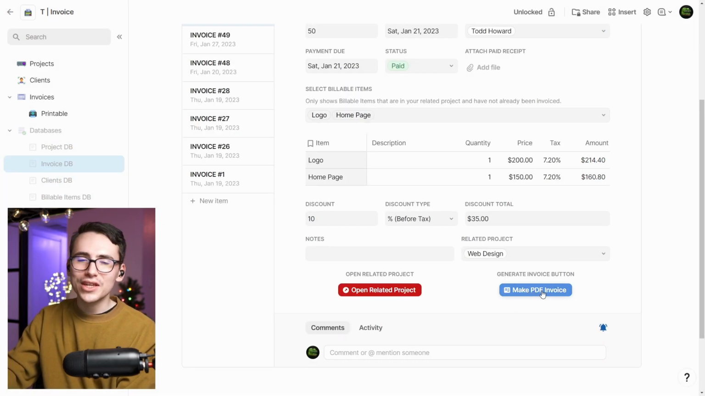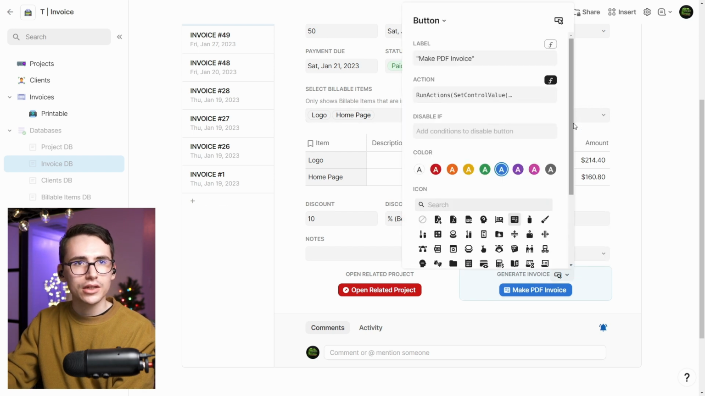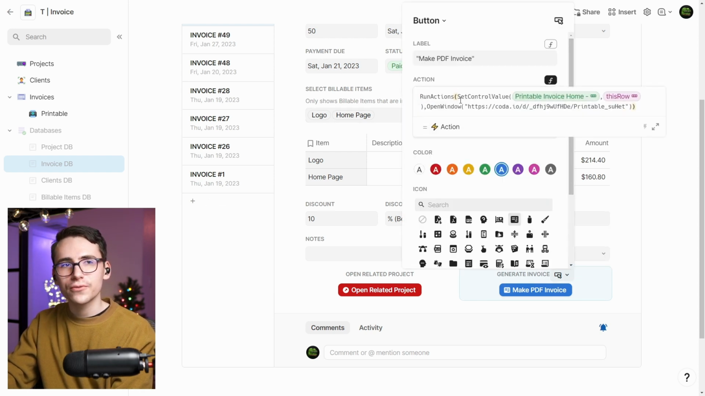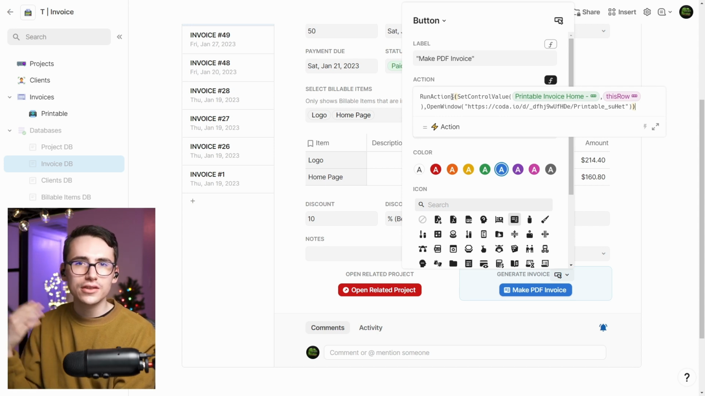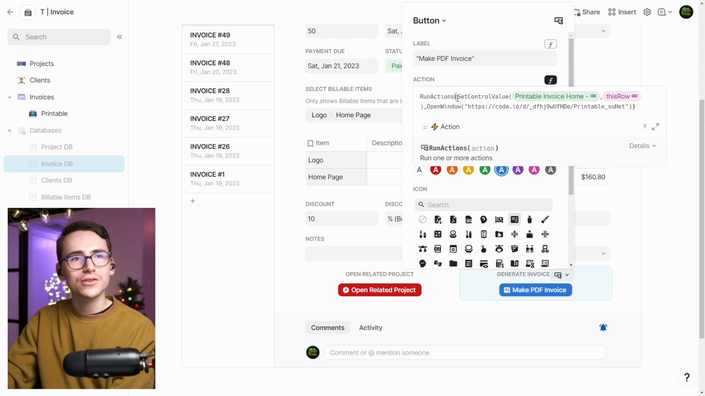And then the make PDF invoice, if I can open up the magic here, this is just running a few actions. So we're running 2 different actions. This is like the same thing as having a push multiple buttons, except instead of having multiple buttons, I'm just kind of programming those buttons into the formula field. So this is running the action to set the control value of the,